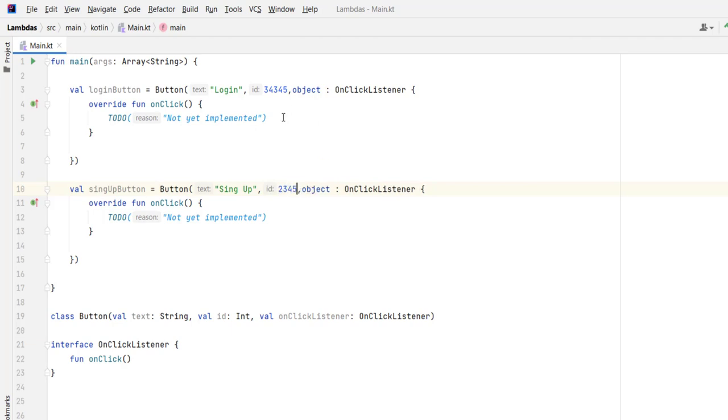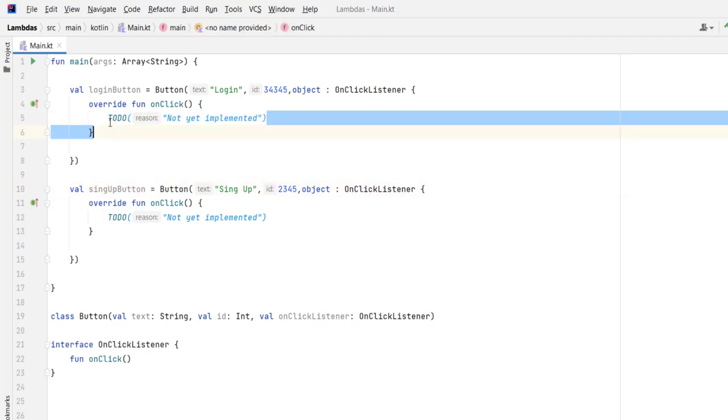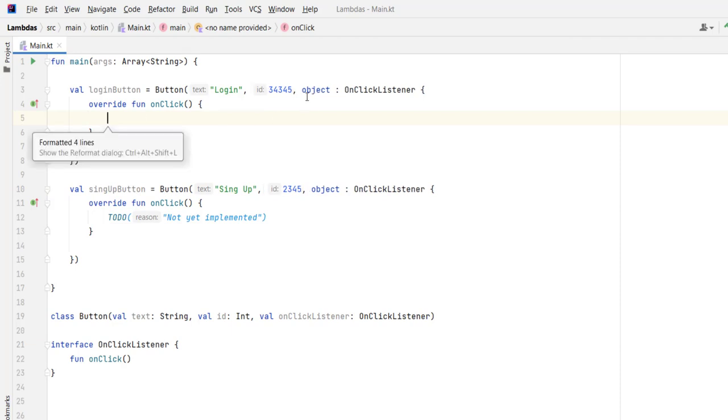Now what we have here is an object expression, we have anonymous classes, and by using the object keyword, and let's press Ctrl Alt L to format the code, we implement that onClick function for the login button and for the sign up button. But to do that, we use the object keyword, we implemented that from the interface, so we override the interface here,